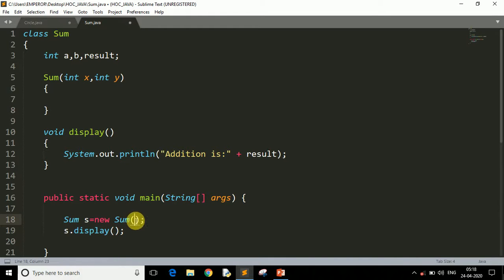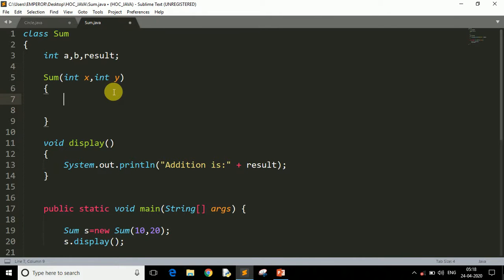So from here we have to pass the values for these a and b, let's say for example 10 and 20 again. Now I have called the parameterized constructor here, and I have passed these two arguments. It works the same as a method: in a method we pass the arguments and it catches them in these two variables, right? So it works in the same way.